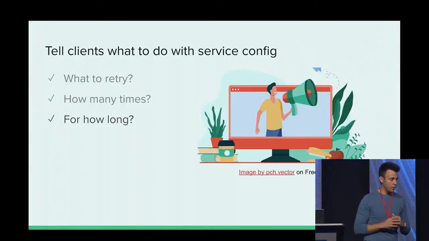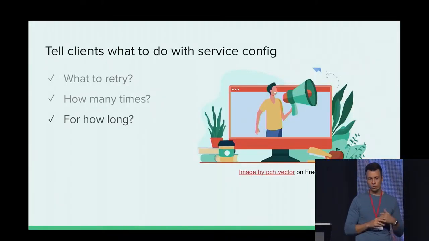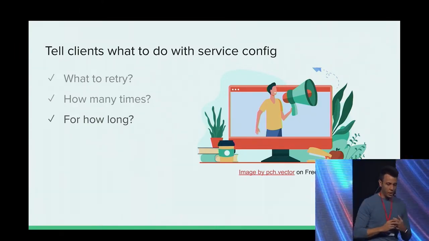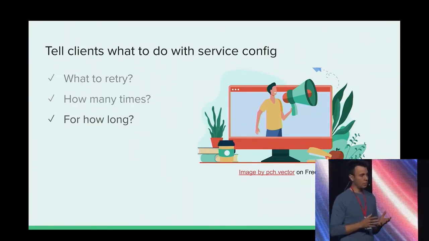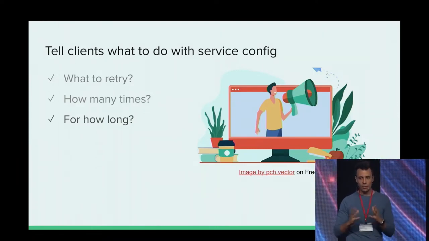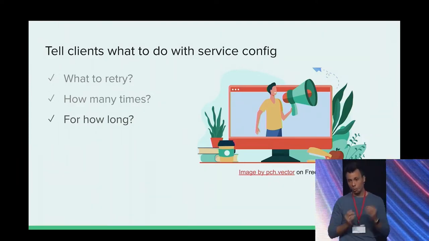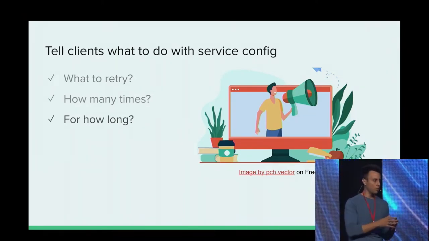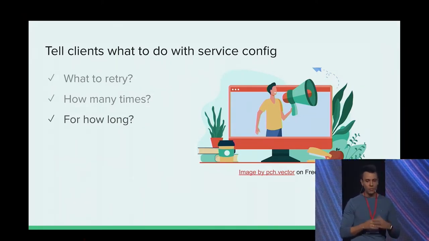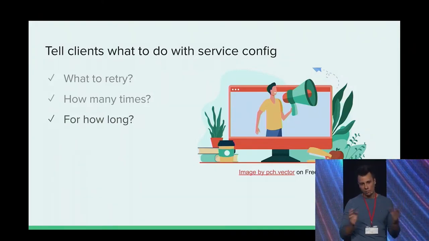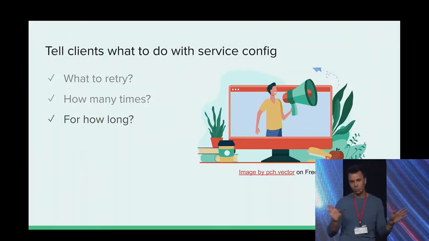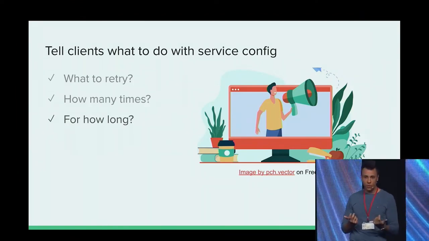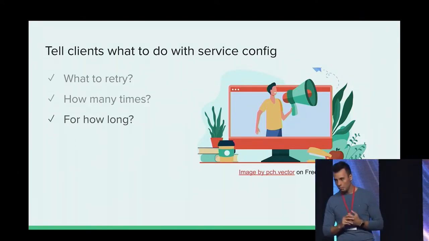We've done that, we've seen that, and then we also need to tell clients for how long. So we can say, okay, our service might experience some failure, and if it's a transient error, because we told you what a transient error is, let's say unavailable and not found, if it doesn't resolve in 15 seconds, don't bother. It will not appear ever. There is something else going on. And this is a very powerful mechanism.